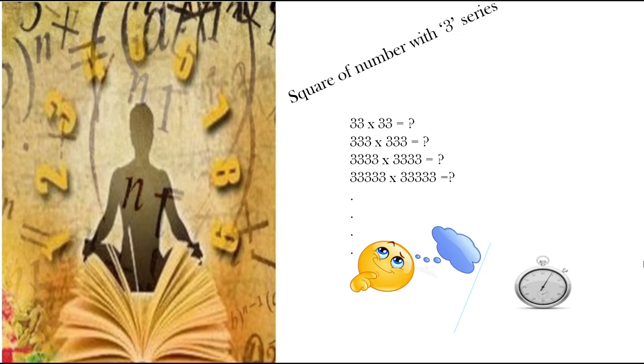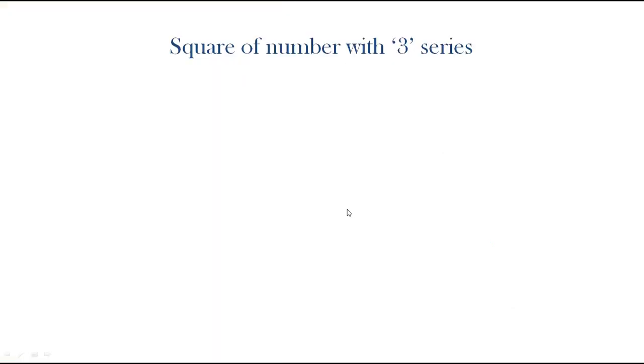So we can write the square of any numbers like 33 square or 333 square like this. If we go any further, we can use this trick and write the squares of these particular numbers. To start with, first we all know the square of 3 to be 9. But here we are writing it as 09 so that we can see how to extend this result to get the result for the next squares. And the next number would be 33.